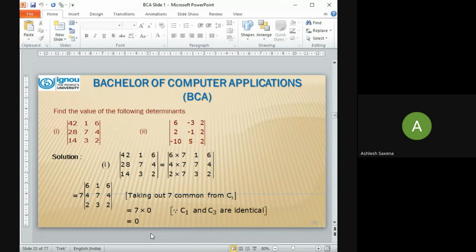Similarly, 28 can be broken as 4 into 7 and 14 can be broken as 2 into 7. What I will be doing? I will be picking this 7 away and I will be left with 642, 173, 642. Two columns are same. If two columns are same, then the answer will be